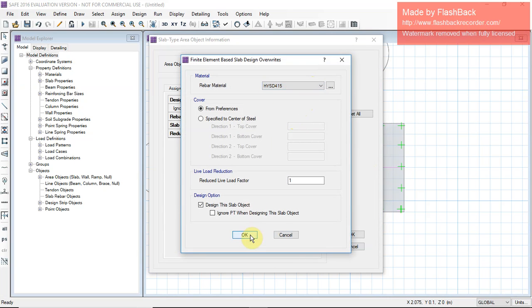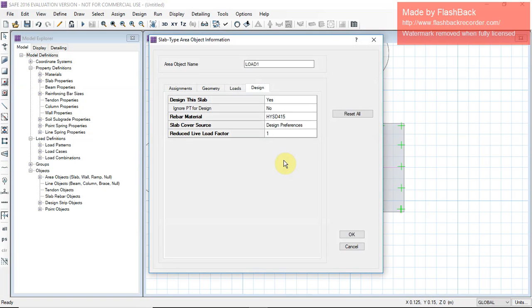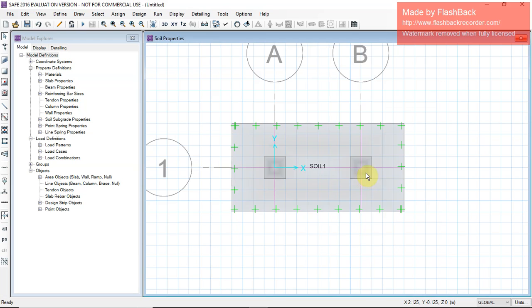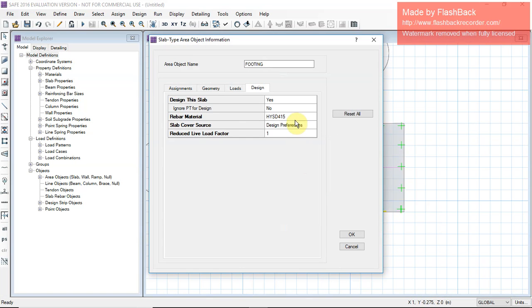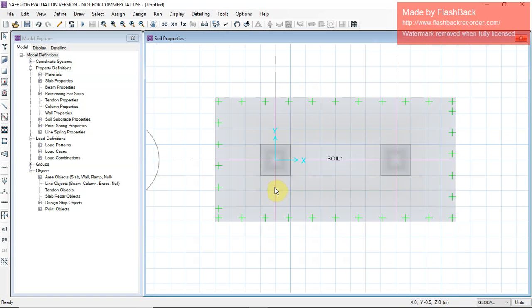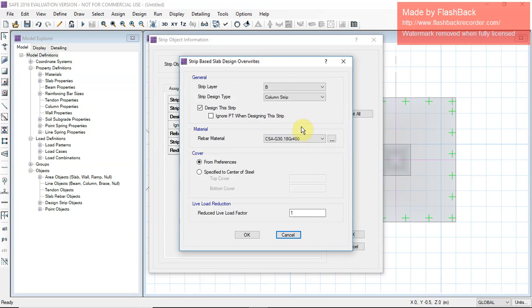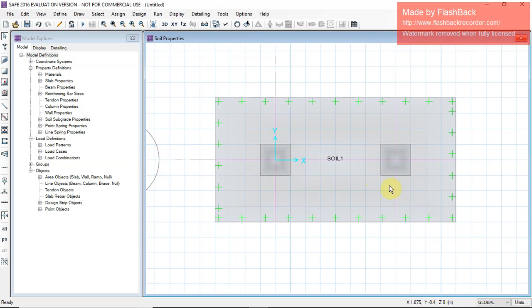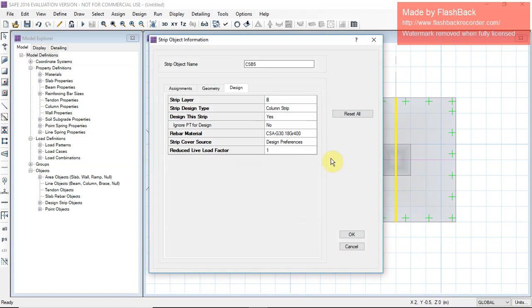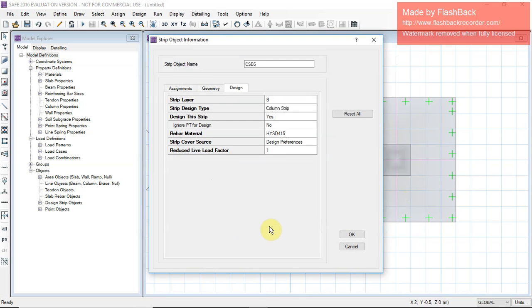You can check if this column's required material changed, this column's required material changed. Now footing material changed. Now we change the required material for the strip, HYSD415.